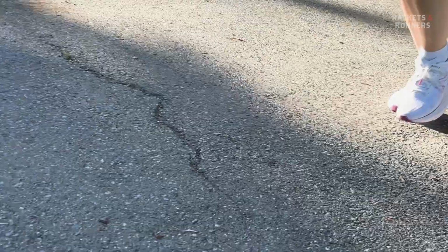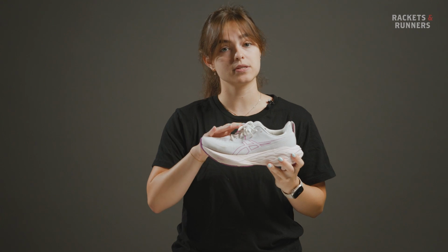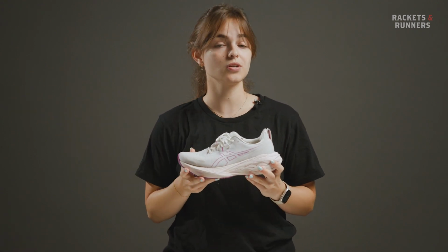I also found that this has been much more responsive than some of my other premiumly high cushioned running shoes. Sometimes with those shoes I find them to be a bit too soft, I find them more plush and I kind of sink into them. In this shoe I felt not only like I was being very well cushioned, but also that I was springing forward with each step that I took. So I found that it gave me a lot better ground feel in a sense, even though it's so cushioned,